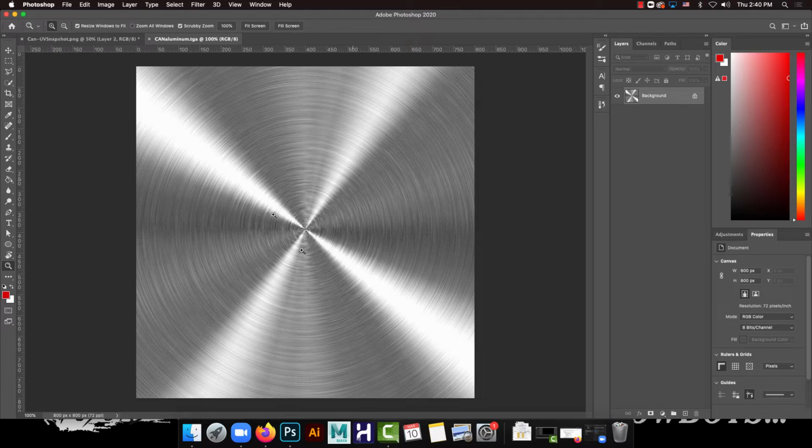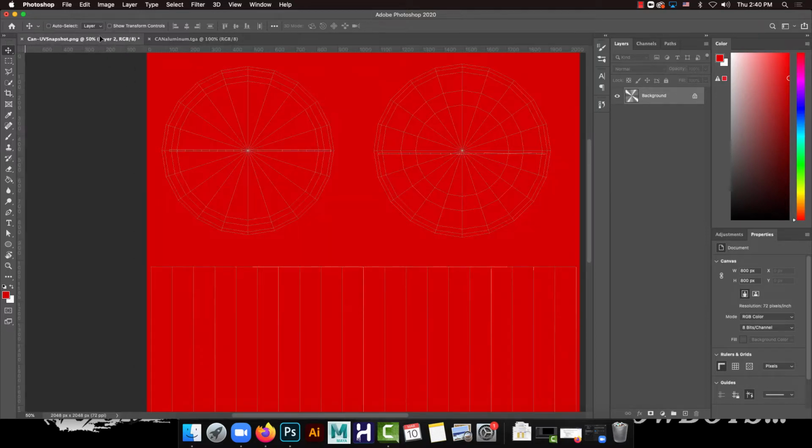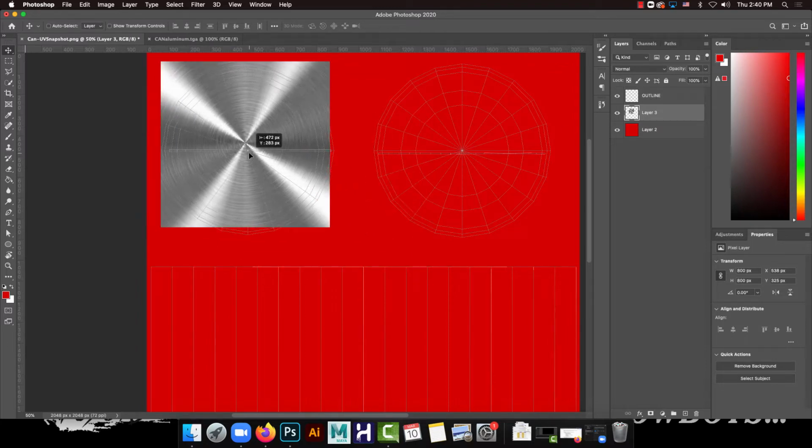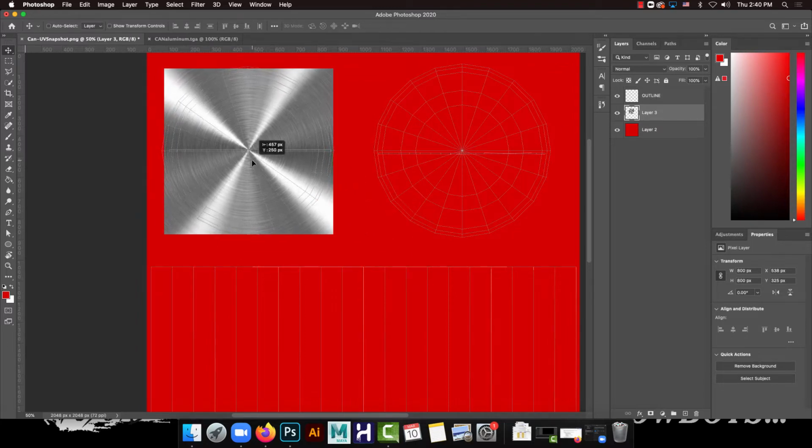And then, so you'll see this. I'm going to click and drag and move this over into my other document and let go. So now I have this aluminum, and again, you want to make sure this layer ends up beneath the outline. And then I'll just move it up here and do my best to line this up with the center of